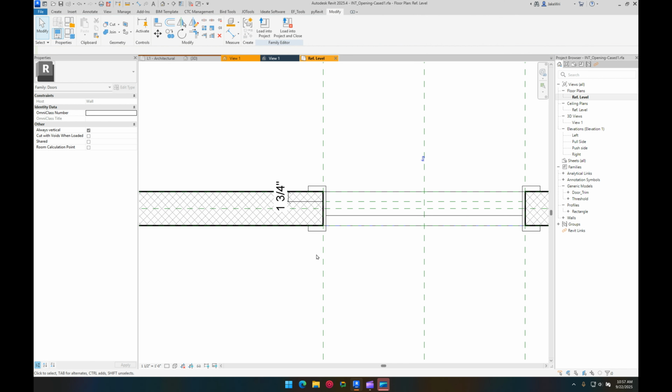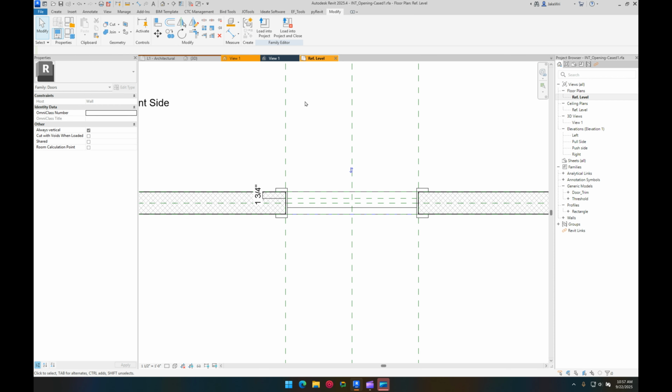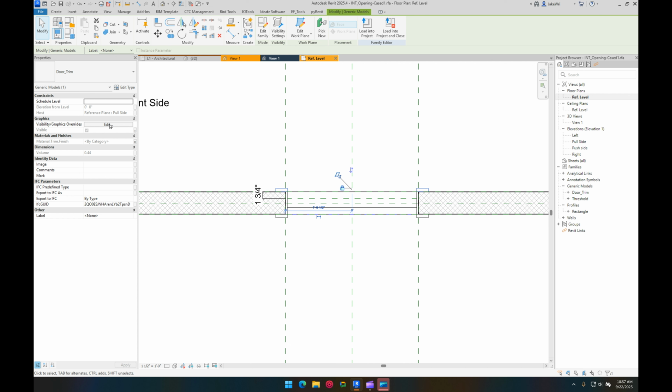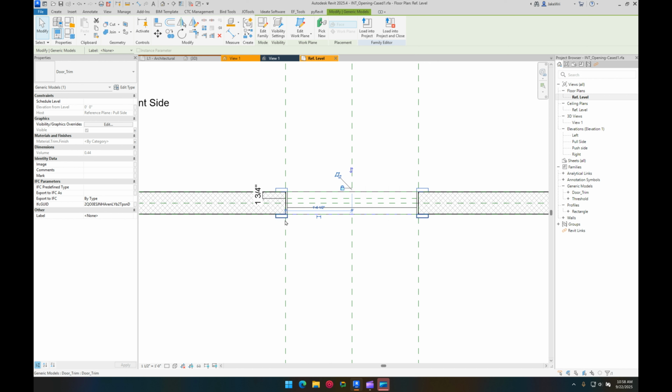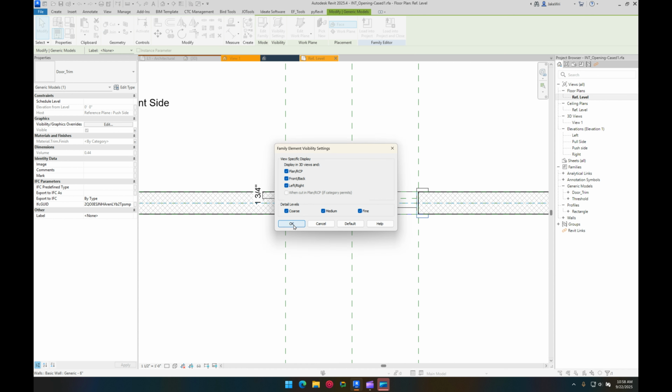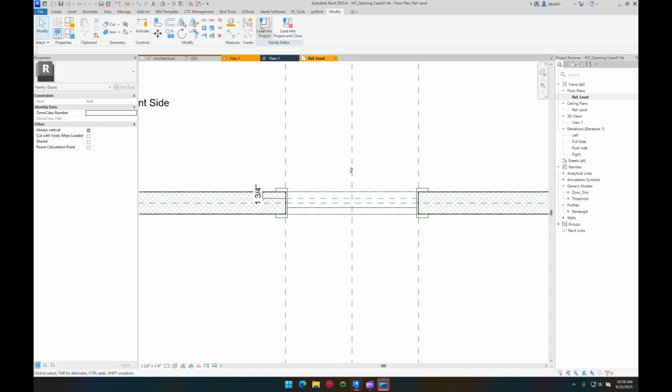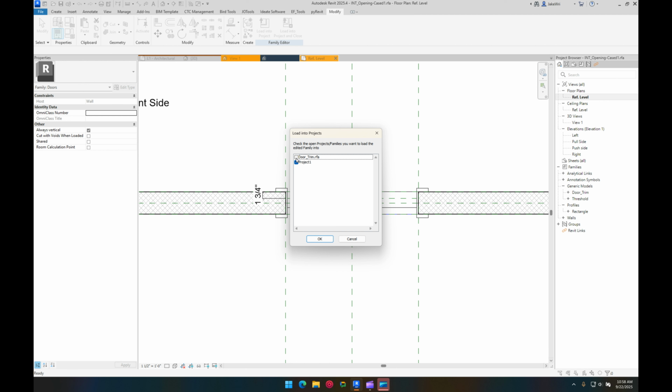We want to get rid of those, and now that we're shown the actual 3D object, we want to make sure that the visibility is set to floor plan so that this object shows in floor plan, and it'll show in cut because it's a nested object, with the settings inherited from the nested object. All right, and we want to do the same thing to this side, turn the plan on. Then if we go into here and reload that back into the project,